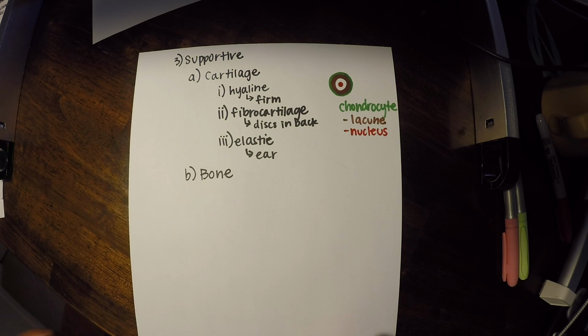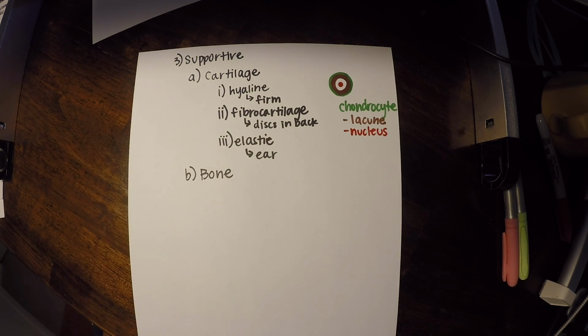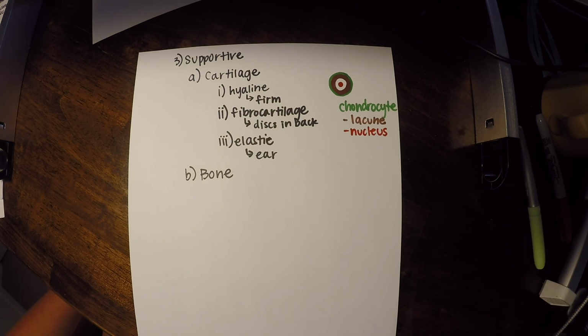All right, so for bone, we're going to do the same thing. We're going to draw out a bone cell, or different bone cells within what we call the functional unit of a bone. So whenever I talk about the functional unit of something, it really just means that is a chunk of materials that is important for the function of that structure. All right, so let's start. What color do I want to do? Let's make this blue.